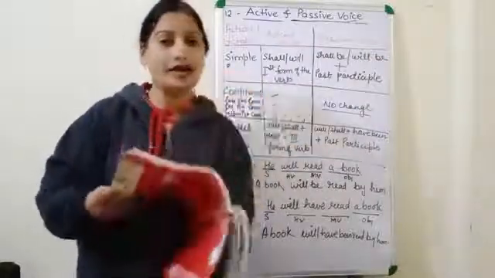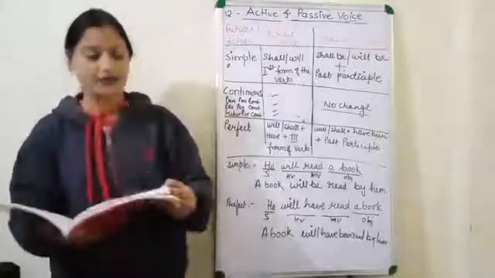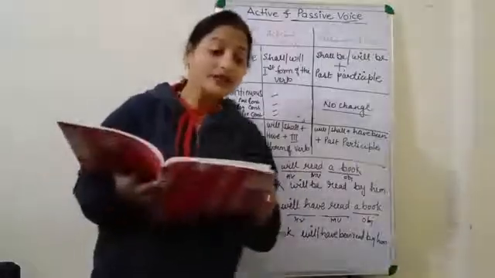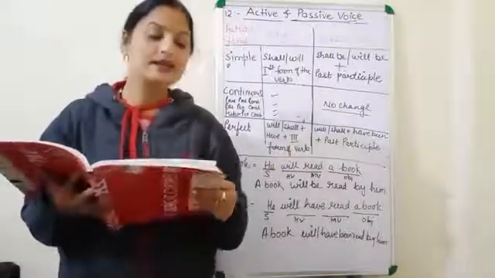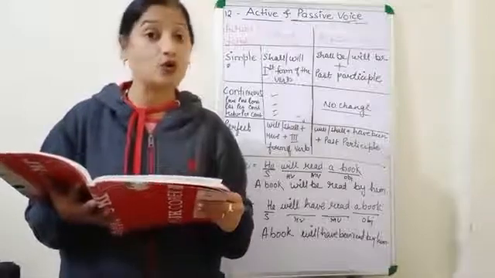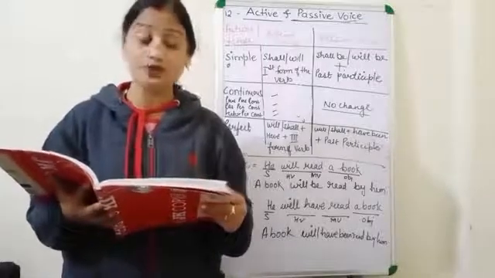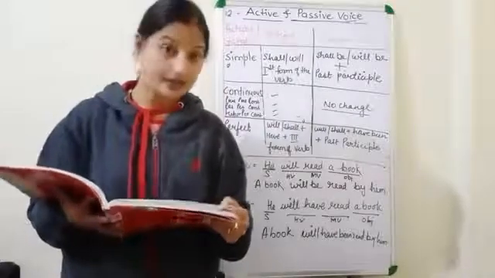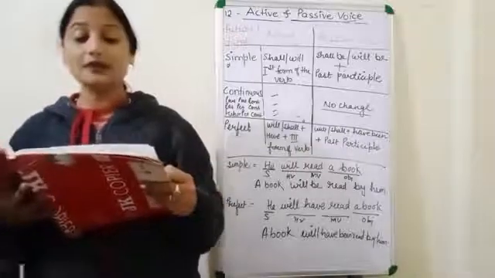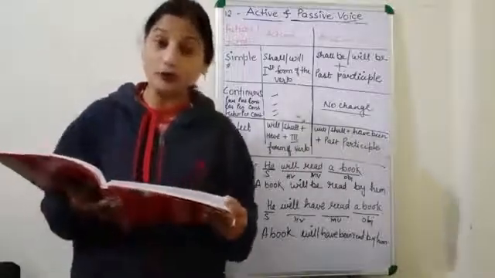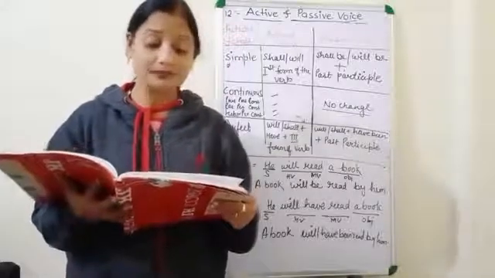Clear? Now, you come and see the commands. Okay. Yes, commands. Sell this bicycle off. And see the sentence: Let this bicycle be sold off. Or the bicycle should be sold off. Now see the rules. In the active voice, the sentence begins with the root form of the verb, sell. Let the object plus be plus past participle.